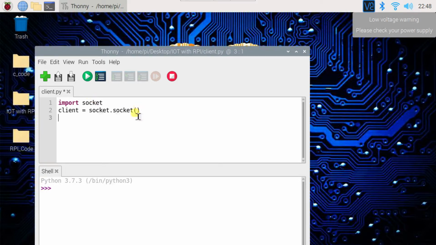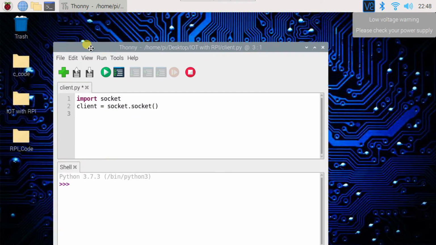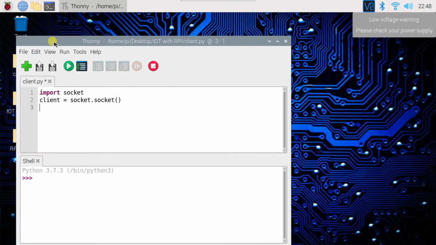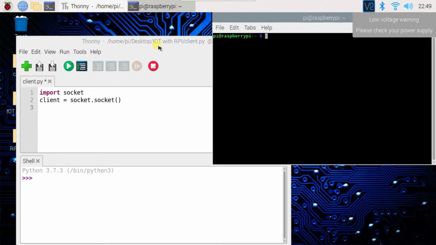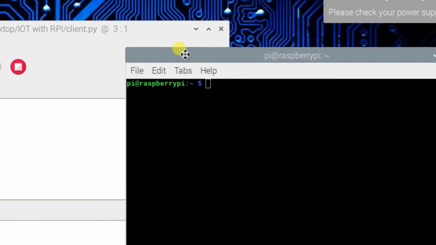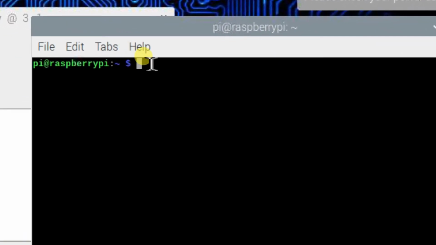Okay, now I have to connect with server. So there is no server, so we have to create a server here by using an application. There is an option to create server by using netcat application, right? So I will open terminal and I will type here nc, meaning netcat.